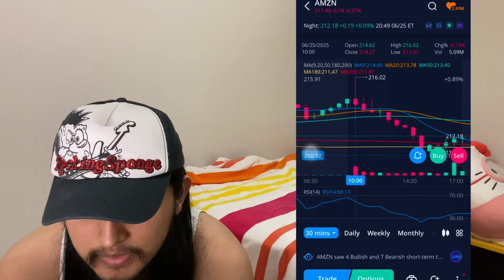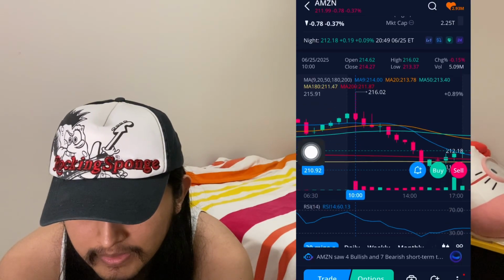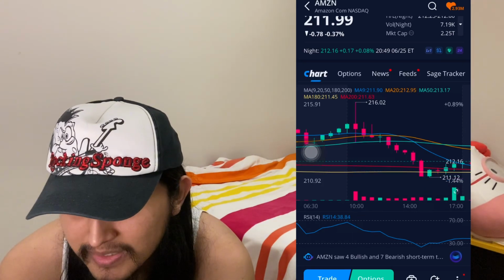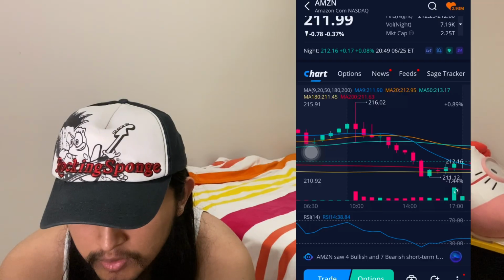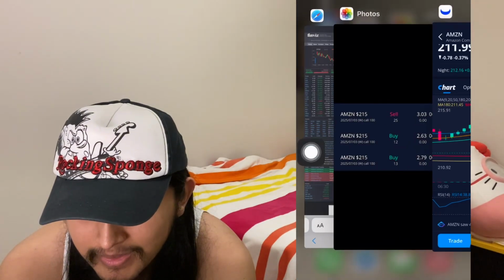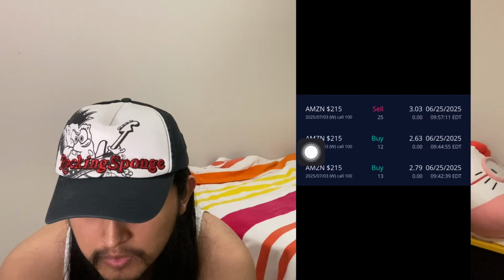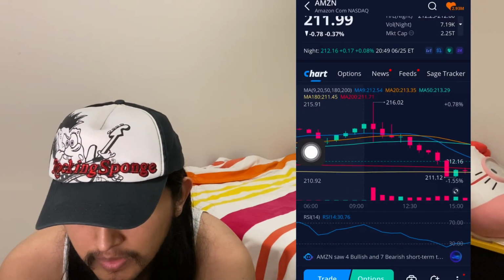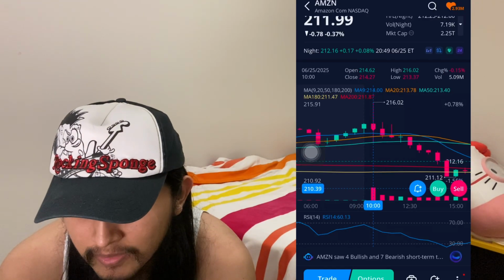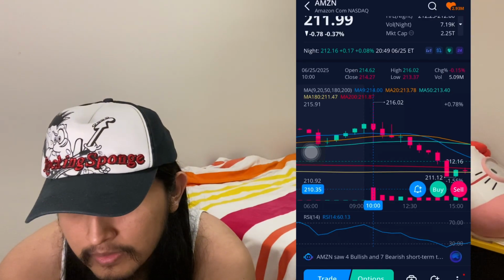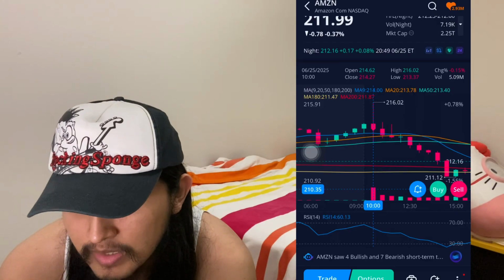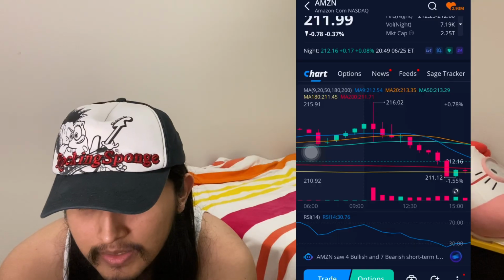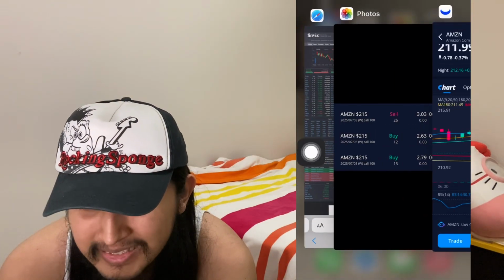So basically this 10 candle right here, I got into Amazon call options as soon as it landed on the 9-day moving average, waited for a bounce, and then at 9:44, I'm pretty sure Amazon broke the 9-day moving average, and then it landed on the 20-day moving average, and so I bought more Amazon call options on the 20-day moving average, and then I just waited for a bounce off that